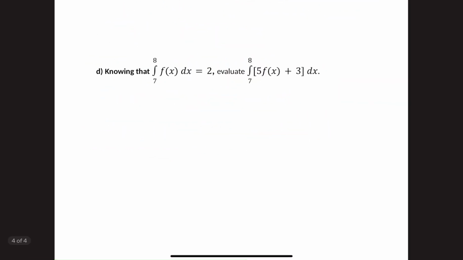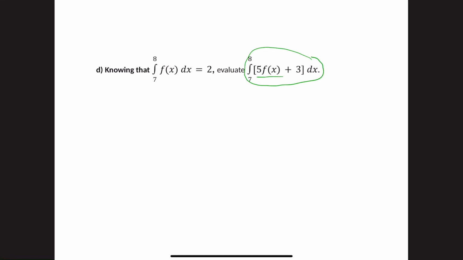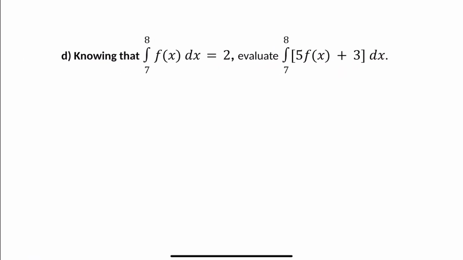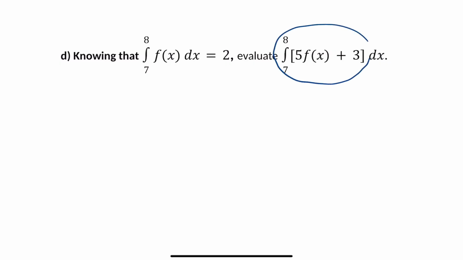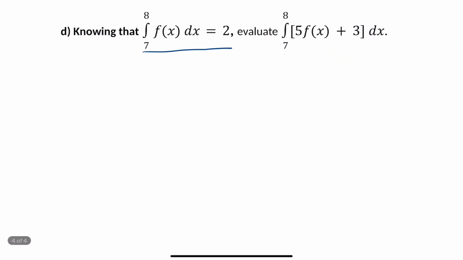Now on to the last example. This is kind of different from the others. Here we have a definite integral where you're told the value is equal to 2 for this. And you're told to evaluate the definite integral of this with 2 separate pieces. So it's not as bad as it looks. All we have to do is just split this up into 2 portions and just use the information that you're given. So we can say that the definite integral from 7 to 8 of 5 f of x plus 3